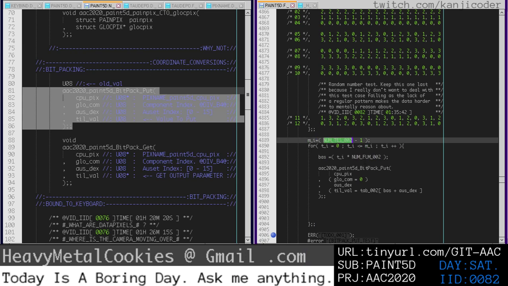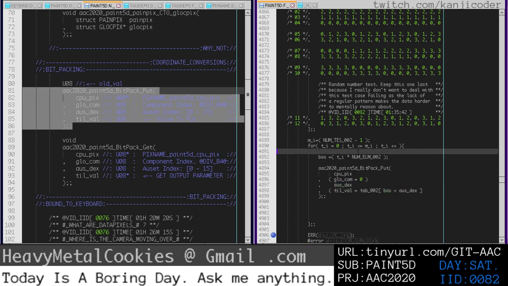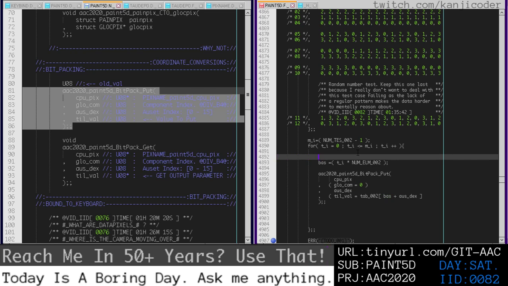Okay, so we're going to loop through this. The base index is the test index times the stride, the number of elements per test. So when we get this base index, we offset by the offset index. And you'll notice that offset index, well, where is it coming from? Well, that is another inner loop. We're going to do an inner loop for the offset dex this time, so that we can access all 16 elements